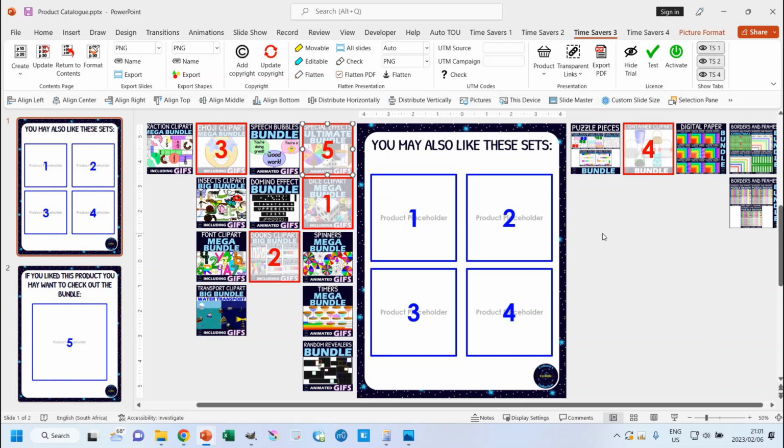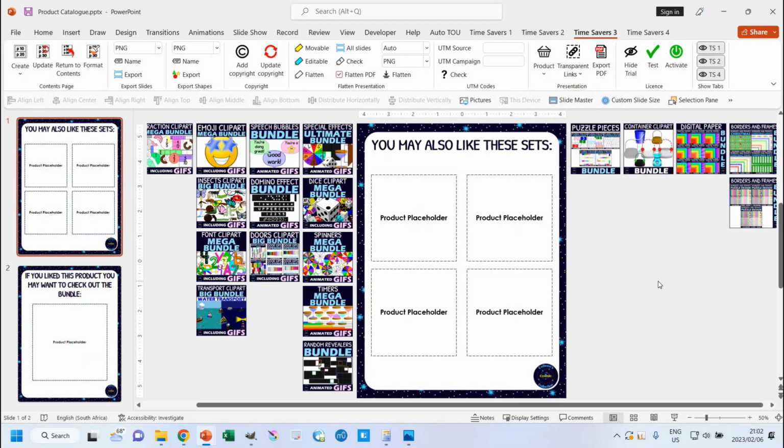Okay, so when we save this as a PDF using the add-in, these covers will be moved into the positions of the placeholders that they correspond to. Okay, and then you can now save this. I'm going to go and uncheck this, and you can save this as, in this case I've saved it as a product catalog, so I would save it, and then I would keep that on the desktop because then it's